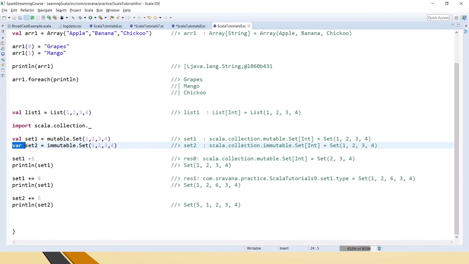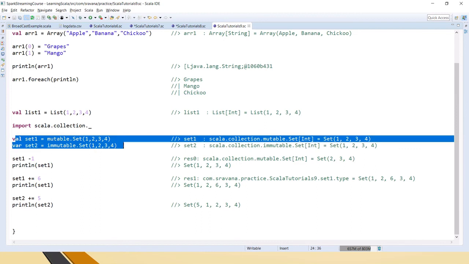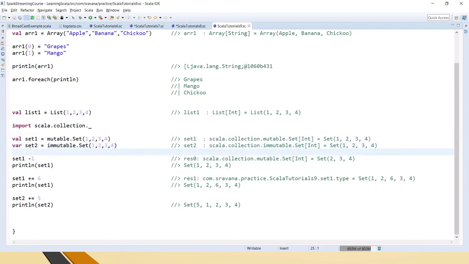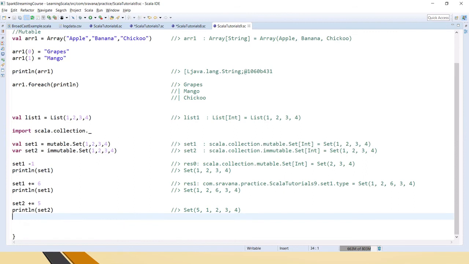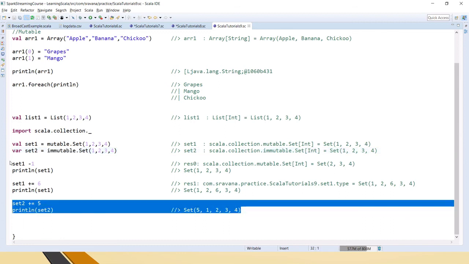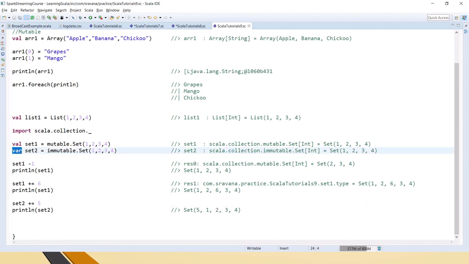So just make sure that when you are working in a project, you don't make these kinds of mistakes. It will cause a lot of misunderstanding in the code, and sometimes you will think that this will be immutable, but it is not. You have clearly seen this, right? Because of this var. So just understand the concept of mutable and immutable in Scala collections and work in your code accordingly.